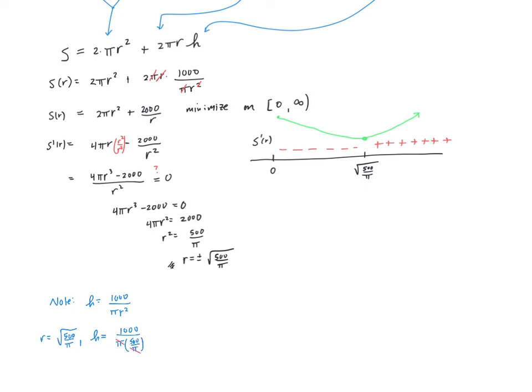The pi's cancel, and 1,000 over 500 is simply 2. So our conclusion, by the first derivative test for absolute maximums and minimums, the dimensions that minimize the surface area